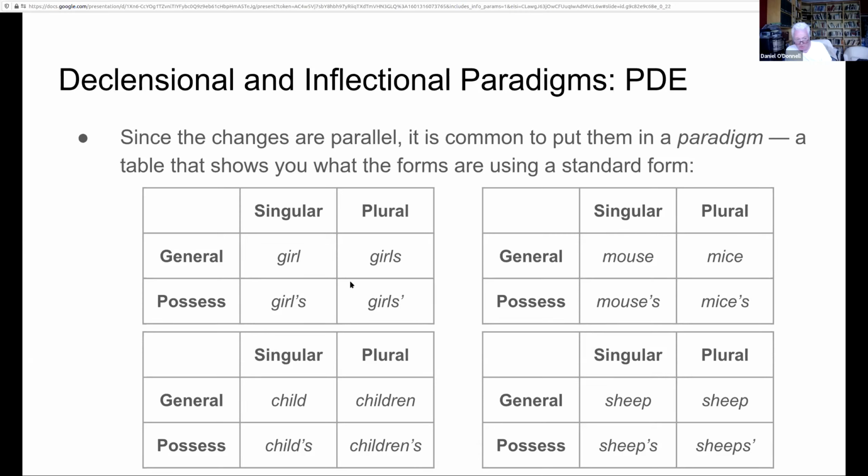And the same is true with possessive. You've got child's, and then you've got a heap of children's owning something. And finally, sheep, whatever you do with that. You've got the same. So you can put these things in paradigms, and